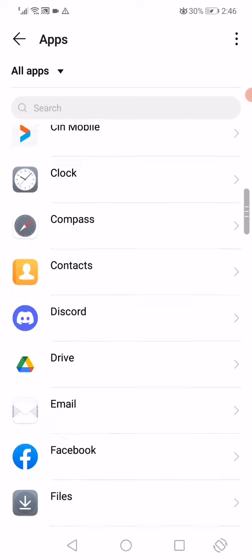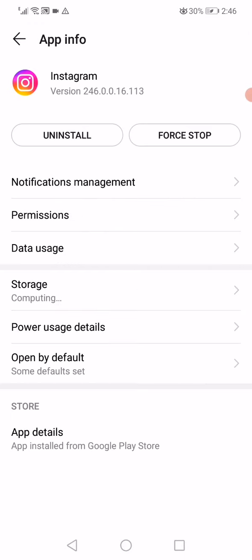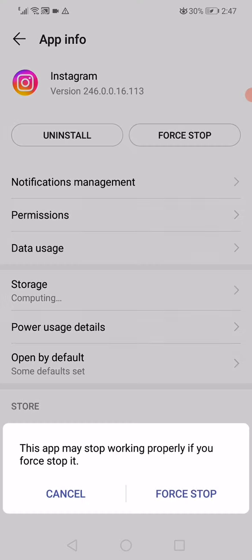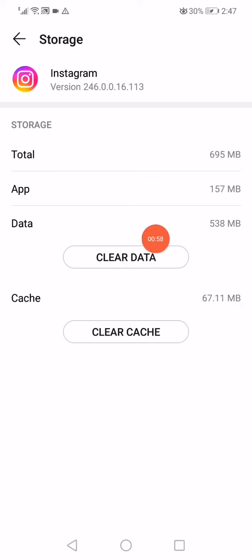And now you have to scroll like this until you find Instagram, click on it, and now on this page all you want to do here is click on the force stop here in the top, as you can see, and then click on force stop. And now last thing you want to do is make sure to click on storage, click on clear data, clear